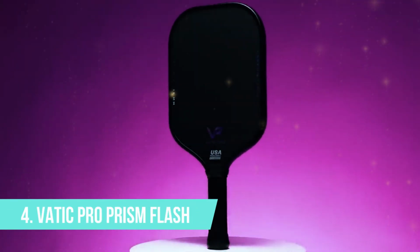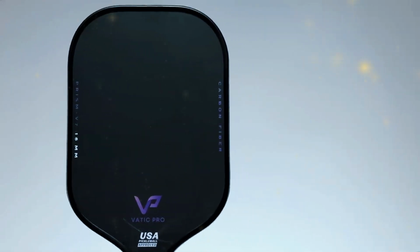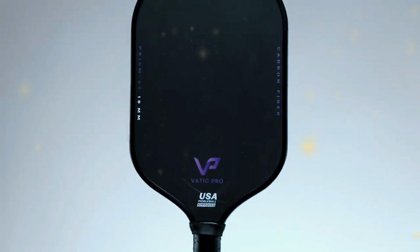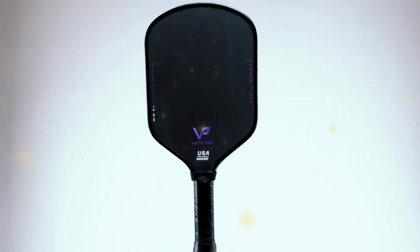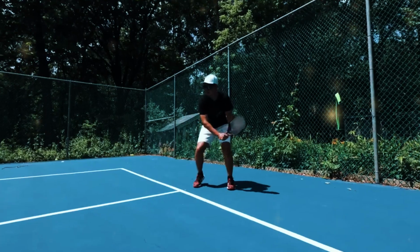Number 4. Vatic Pro Prism Flash. The Vatic Pro Prism Flash is a top choice for aggressive players who love incorporating spin into their game. Designed with advanced features at an accessible price point, this paddle delivers high performance that rivals much more expensive options. Whether you're dominating rallies at the baseline or making quick plays at the kitchen line, the Prism Flash is built